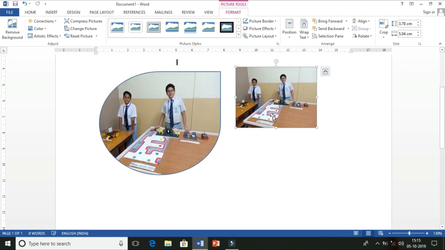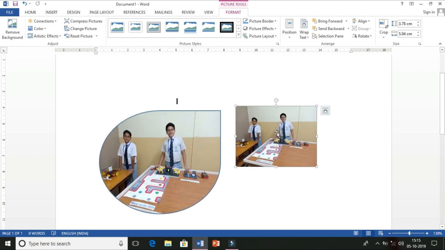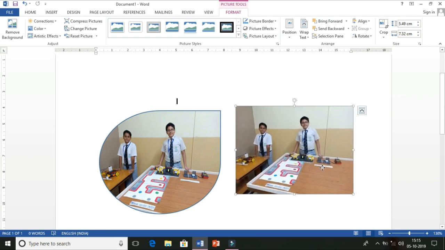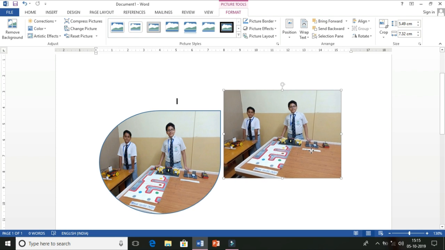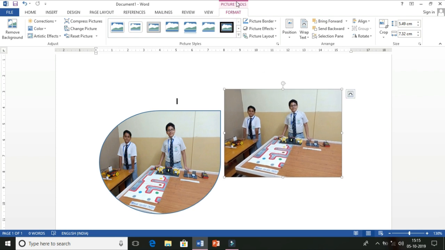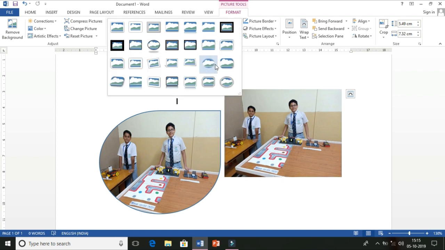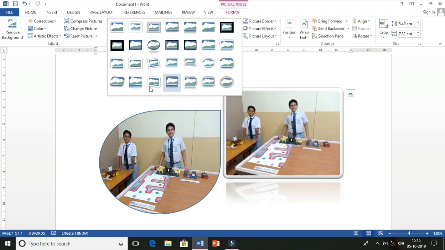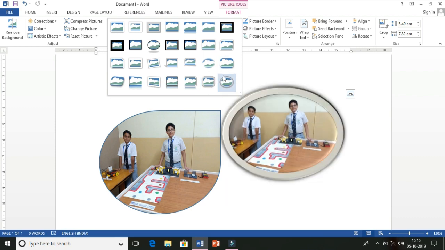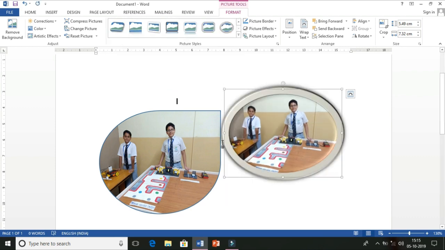Now see, after this we can also do some picture editing work, like cropping, brightness, darkness, so many things are there. Just click on picture tools. Now see, there are so many picture styles. Here you can see, this type of effects you can also give. These 3D effects you can give in the pictures like this, right?